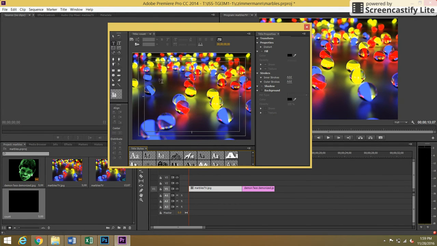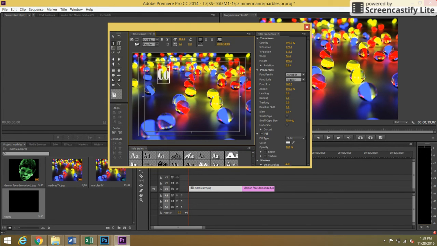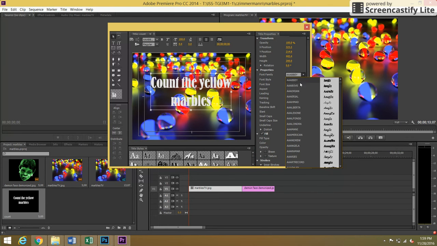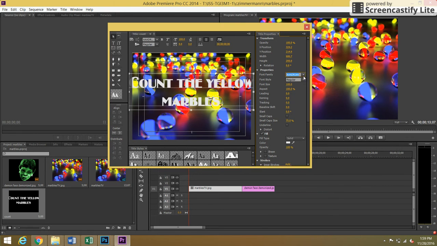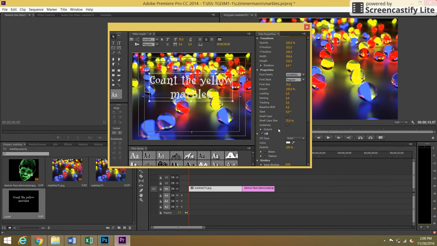I haven't written anything yet, so I'm just going to take my type tool. And I'm going to change my alignment so everything's centered. I can take my move tool to move this around. And in some areas, it's not very easy to read. Over on the right-hand side here, I can choose different fonts. So whatever you like. We can change the font size, font color,